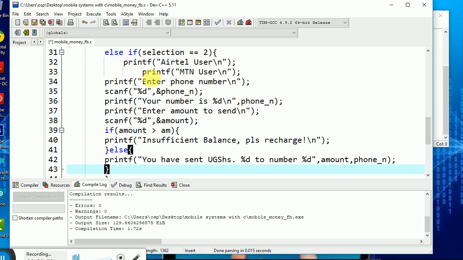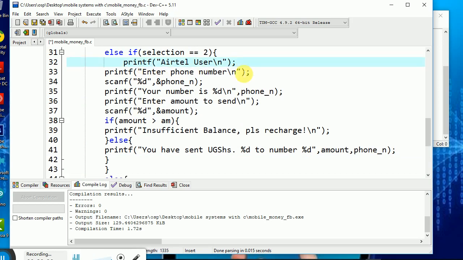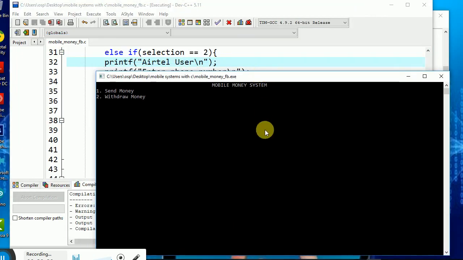If you check, this is saying MTN user. We don't need that anymore. We now need to talk to Airtel user. So I'm just going to take this code of ours backwards: enter phone number, enter the blah blah blah, and that's it. Now, if this is the part you want to do, then expect the output to be the same. So if you check back in here, I say 1, that's it.